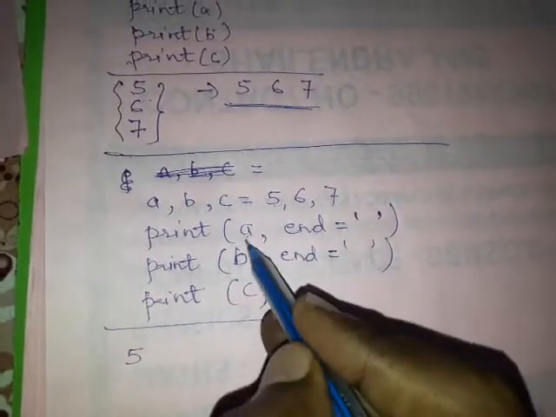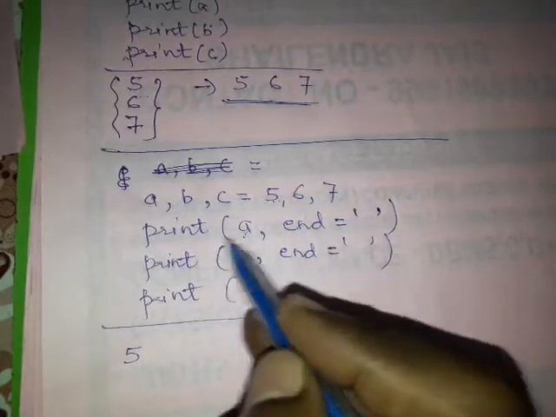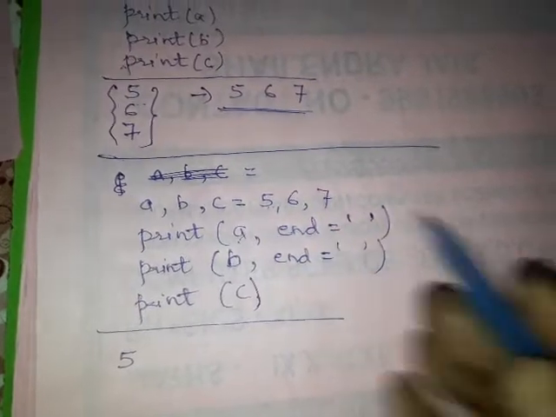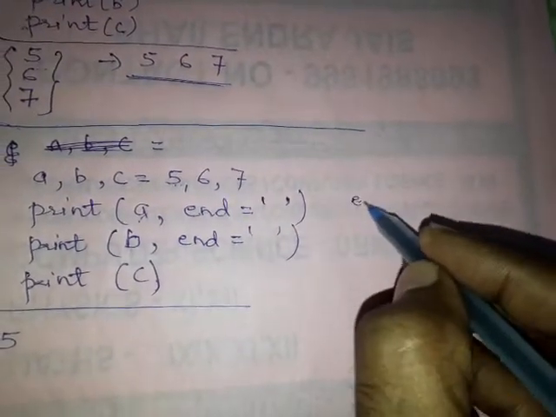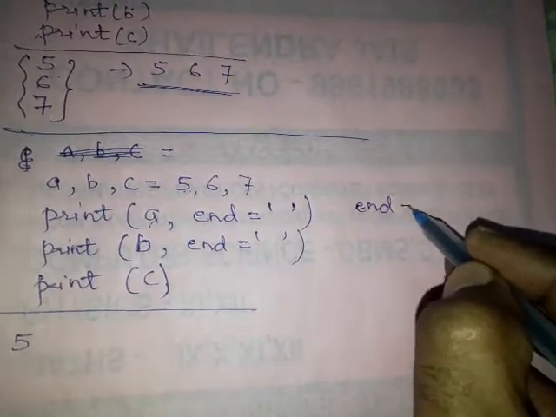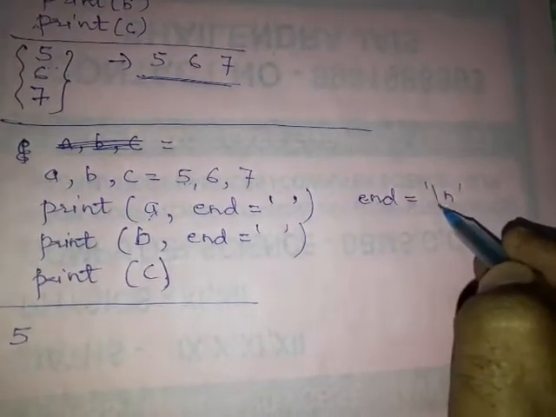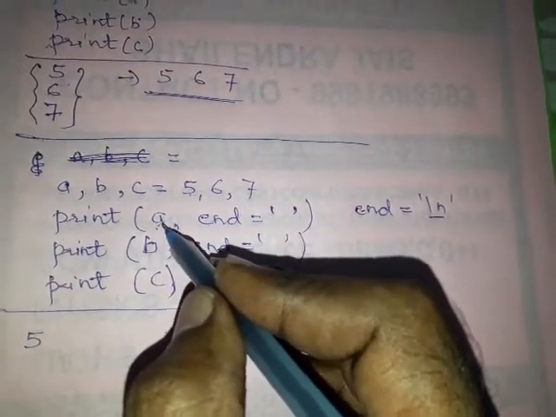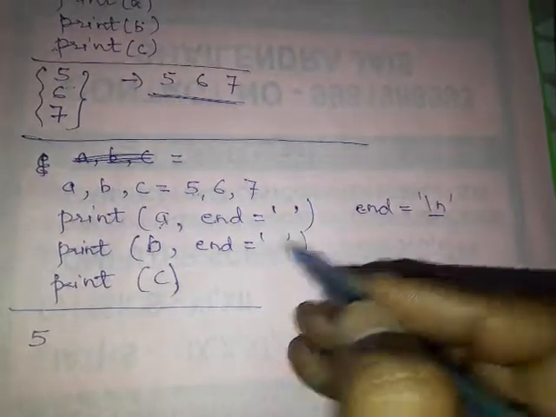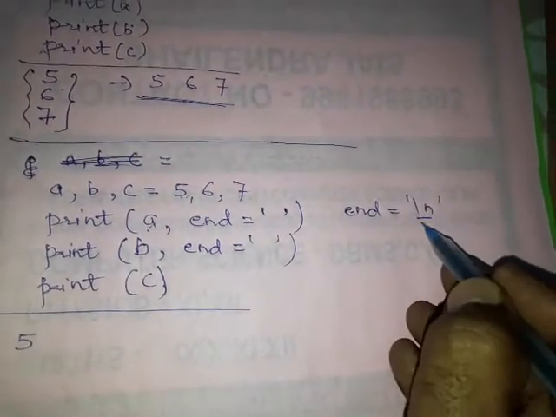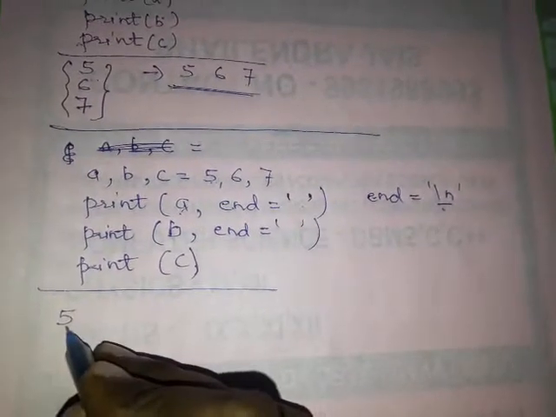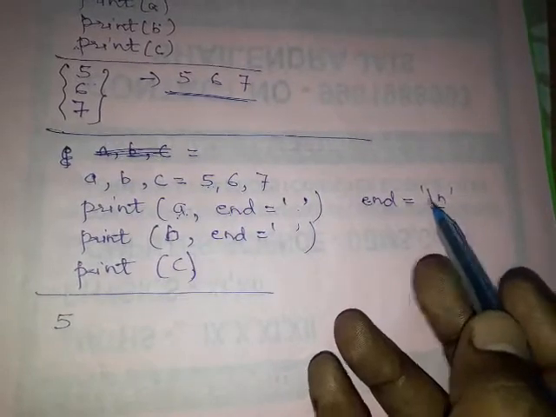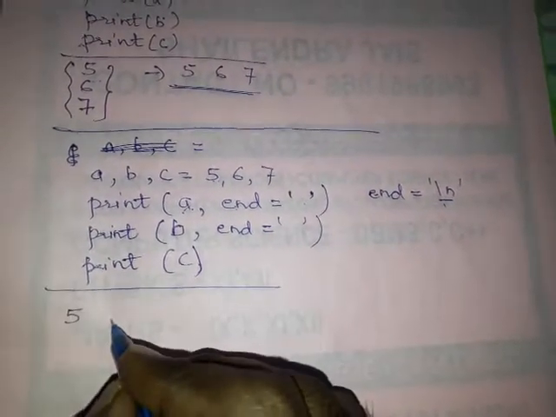So when you run this program, it will give output like this: 5. The value of a is 5, and when this 5 is printed, the end argument of the print statement will not change the line, because end automatically changes the line. The value of end by default is new line. And what is new line? This is new line, \n. It will automatically change the line whenever the last object of the print is printed. So by default the value is this; now you change this value to space. So after printing the value of a, 5, this end will not give the new line, it will give the space. So your cursor will be here.